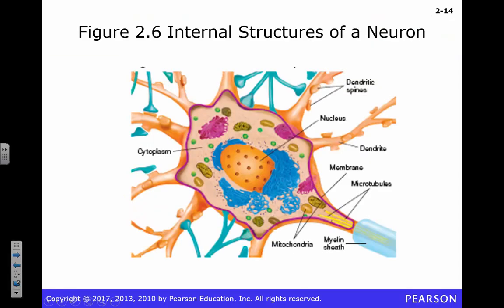All right, here's sort of the internals of a neuron. We're not going to spend a whole lot of time on this, right? It's basically the same stuff that's in every other cell. You are going to see a high number of mitochondria in neurons, right? Neurons are very active cells, so we need those mitochondria. Why? What are mitochondria? Yeah, powerhouse of the cell, right? Everybody knows that. Great job giving us an original answer. I know, right? Somebody goes mitochondria, like powerhouse of the cell. Yeah, they create ATP.